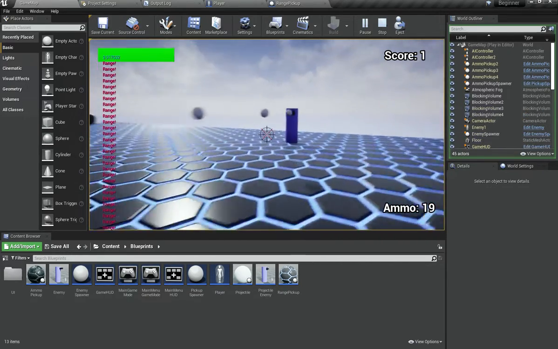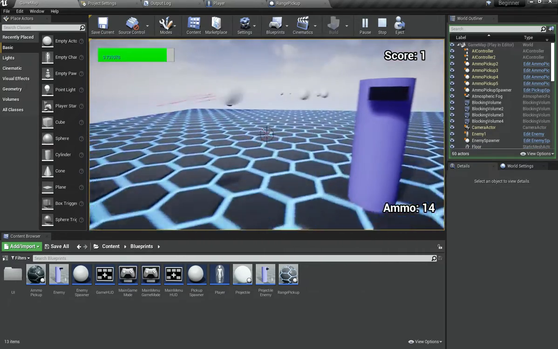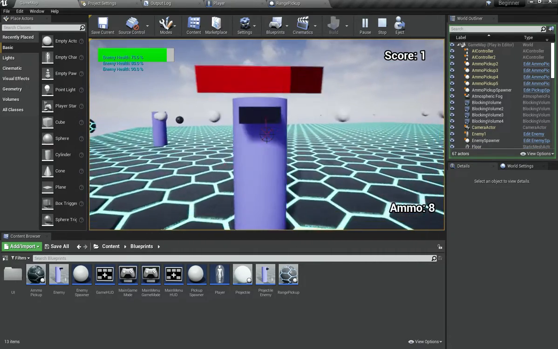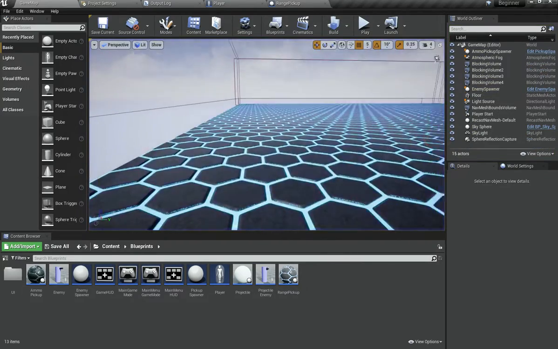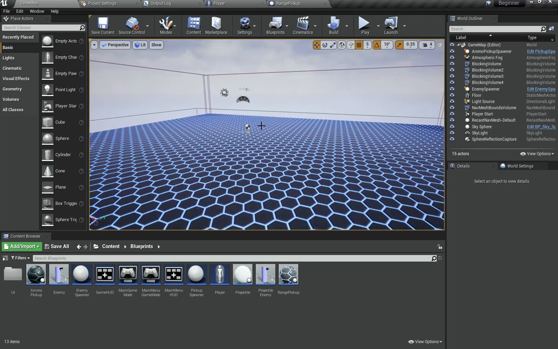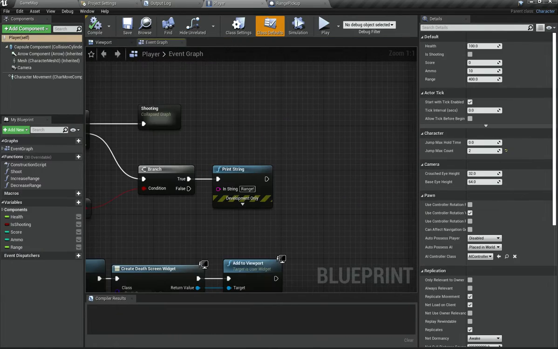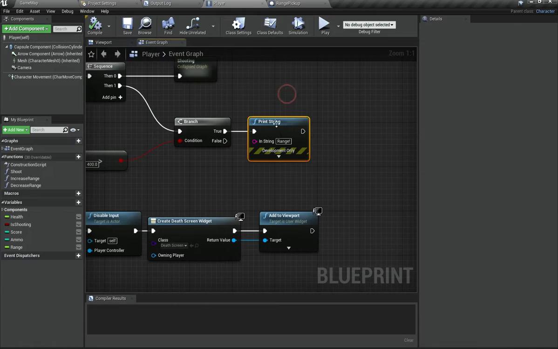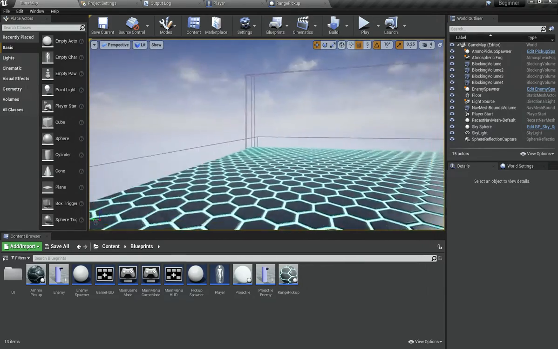Now this pickup lasts for a very small amount of time. It doesn't last forever. So what I want to do is make it so that the player can see when he has got the pickup, because we won't be having this print string in the actual game. We need some way of the player knowing that he is actually getting the